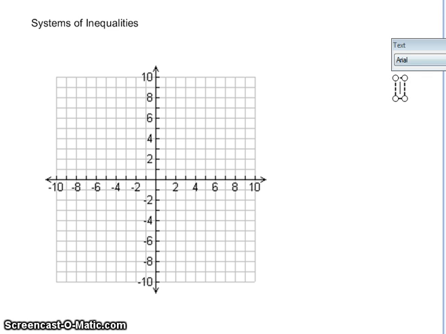You already know how to graph an inequality, and now we are going to look at graphing a system of inequalities. So, on problem number 1 of your 6-8 study guide and intervention, if you are looking at that first problem,